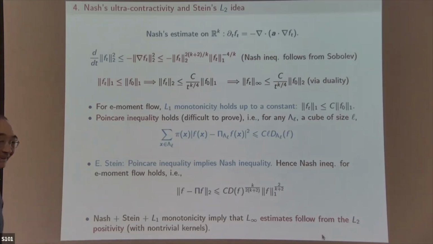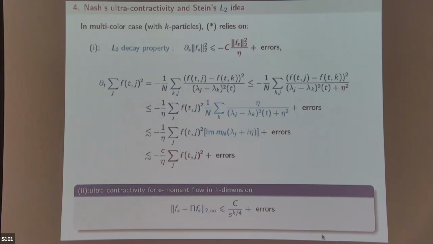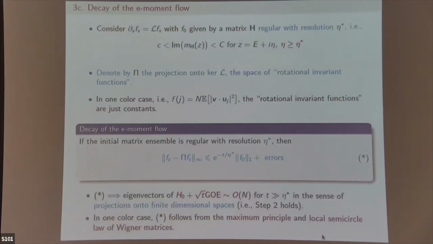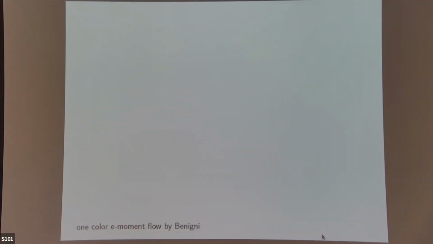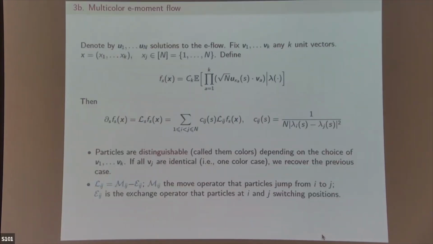The initial data for Dyson Brownian motion helps it mix faster if it's regular. What about for the eigenvector flow? You have no assumption on the initial data there. I assume the eigenvalue initial data is regular, yes. But I wonder, if the eigenvector initial data is not regular, does it mix even faster or does it not help? No, it doesn't help, because you are really just playing with the